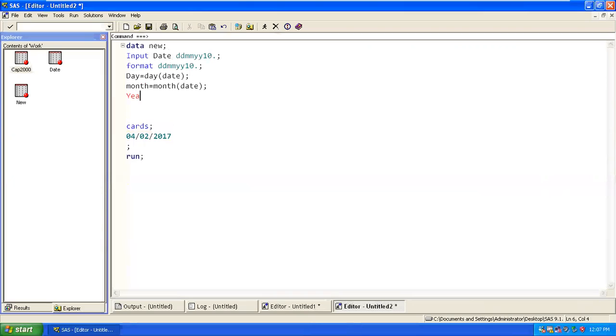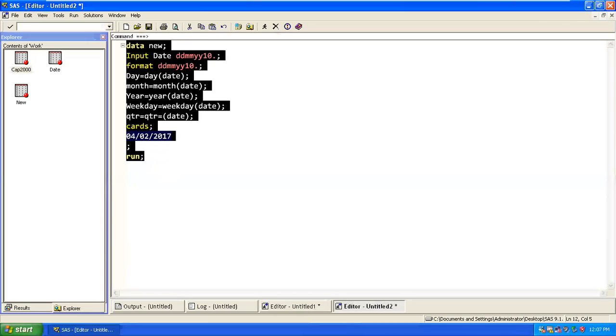Then you can extract year equal to year of the date, weekday equal to weekday of the date, and QTR equal to QTR of your date. Now if we go ahead and execute this,